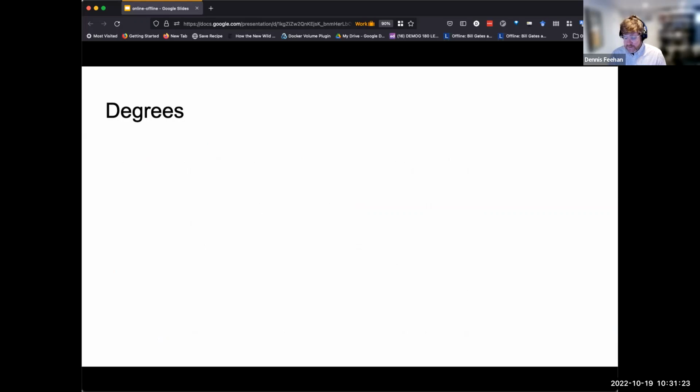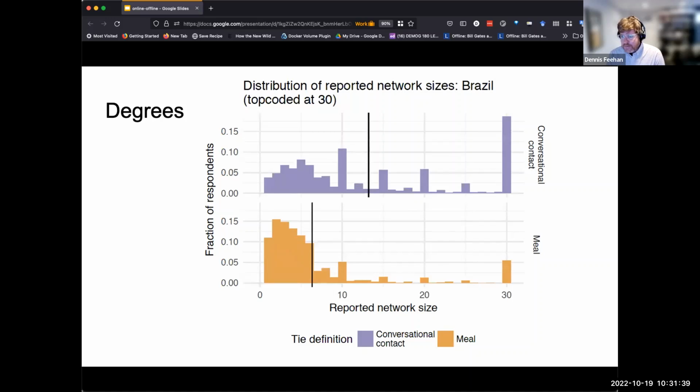Okay, so now I'm going to start by showing you some plots that describe the estimated reported degrees using the 2 networks. Remember, we have this experiment where people were randomized to report about the conversational contact network or the meal network. Just to preview this, I'm going to walk through one panel, and then we're going to look at all of them together. I'm going to follow that template for a few of the plots that are going to come up. So this first plot shows the distribution of reported degrees using the 2 different networks from respondents